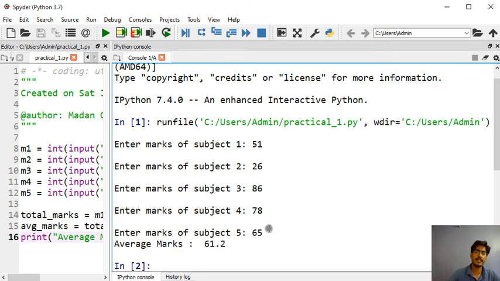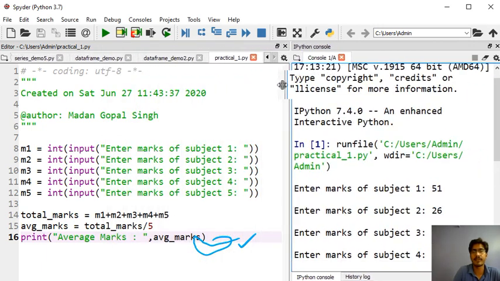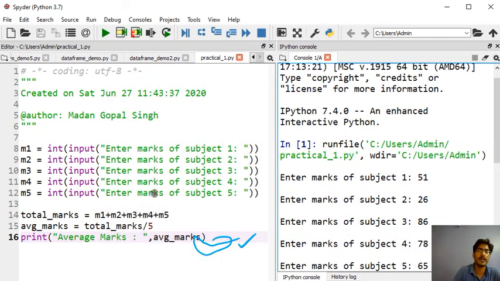We are getting the average, that is 61.2. So this is the Python program to calculate the average marks. You can note down this Python program and practice in any editor. Okay, thank you so much. Have a nice day.